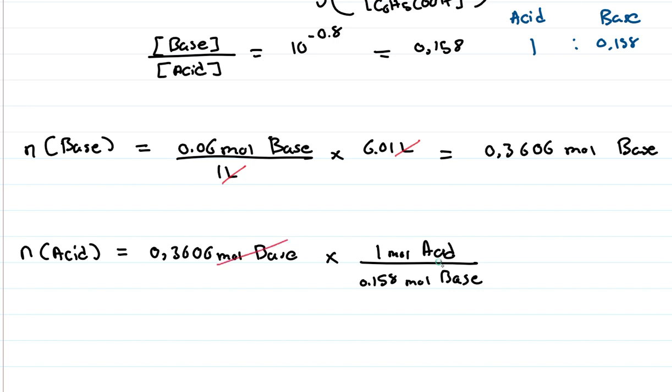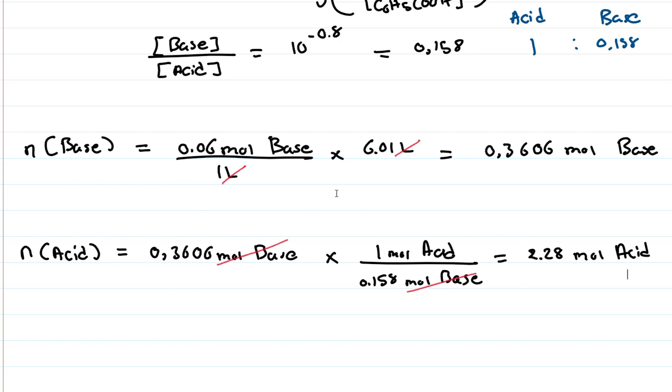So this cancels out, and then we have 0.3606, multiply that by 1 over 0.158, and you should get the value of 2.28 mole of acid. So we have not answered the question yet, so we still have to find the mass of